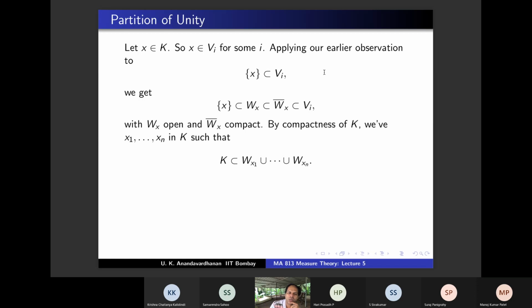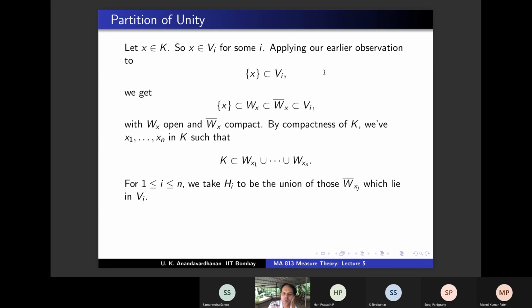Okay, now for each i, take Hi to be the union of those Wx bar which lie in Vi. K is contained in V1 union V2 union and so on. So it's possible that Wx1 bar is contained in one of those. So take Vi and consider all those Wx whose bar is contained in Vi. Call that Hi. Is Hi compact? It's a finite union of compact sets. So Hi is compact, and